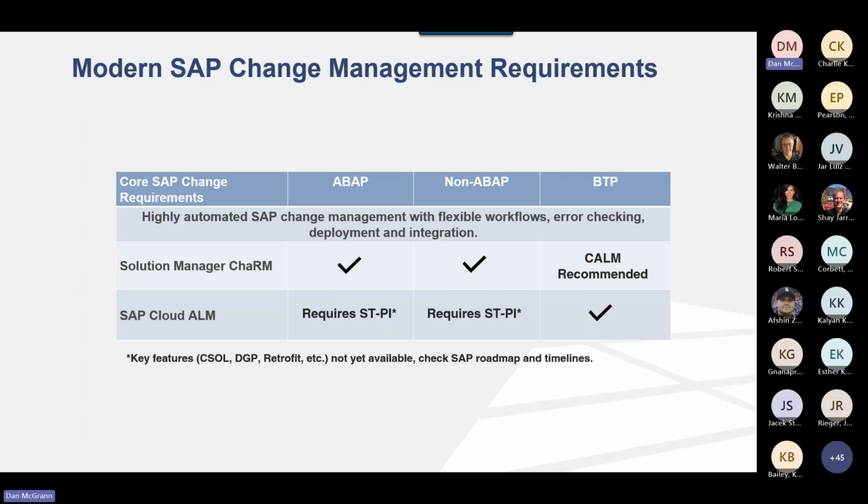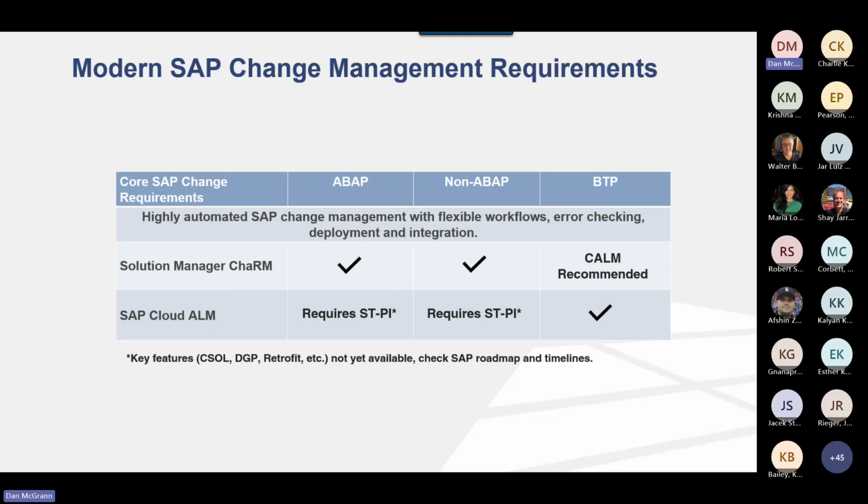And in that scenario, you'd be managing two different tools, which is never optional, right? Charm and COM at the same time. You could use CTS Plus to manage the BTP changes with Charm, but that wouldn't be taking advantage of Cloud TMS. And that CTS Plus option is sort of limited in what it can do and its functionality, and that's why SAP is recommending COM to be used with Solution Manager to support those BTP changes if that's what you're